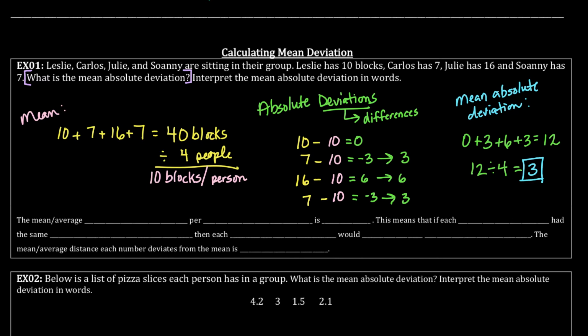So let's do this. The mean, or the average, blocks per person is 10. That means that if each person had the same number of blocks,